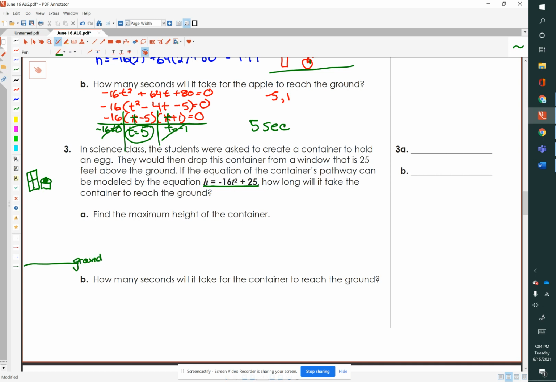Sometimes a diagram helps. So here's the kids. They're dropping this container. They're happy. And this thing is going to drop to the ground. Boom. So we want to find the maximum height of the container. Well, remember, they are not